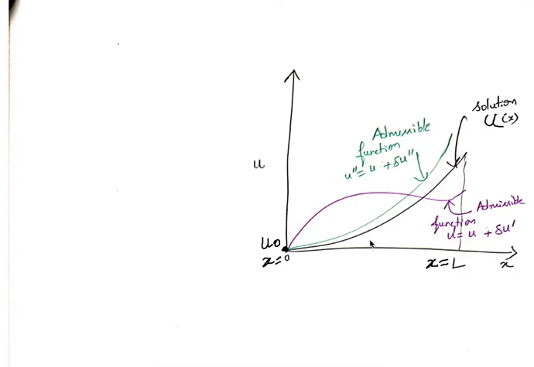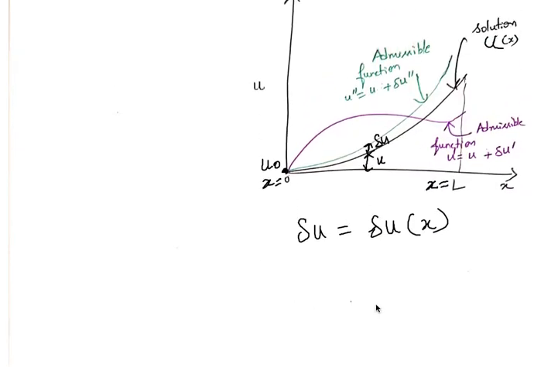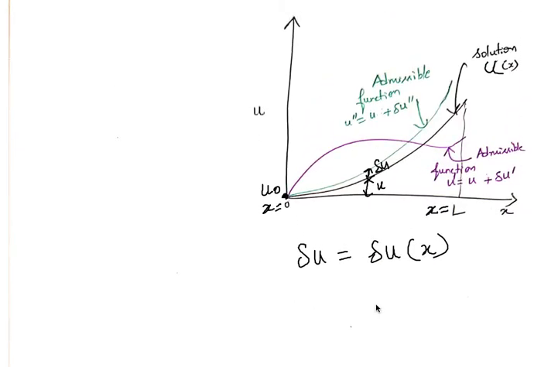What does it mean? Any possible solution has to satisfy the condition that u is equal to u0 at x equal to 0. Okay, so let us say the green curve and the purple curve are possible candidates for the solution. So for any possible candidate at x, the value of the possible function is going to be u plus variation in u. So first thing to consider is that variation in u is basically a function. It is not really a single scalar value, but rather it's a function. And second thing is, at x equal to 0, what will be variation in u?